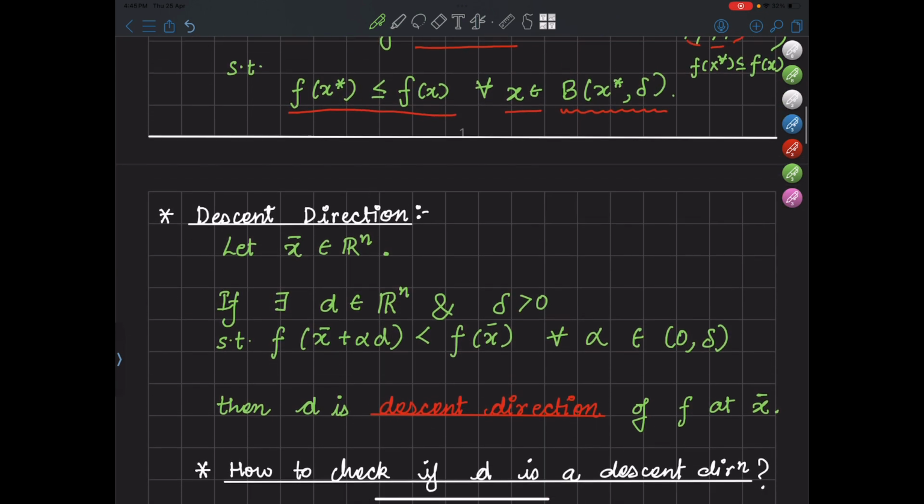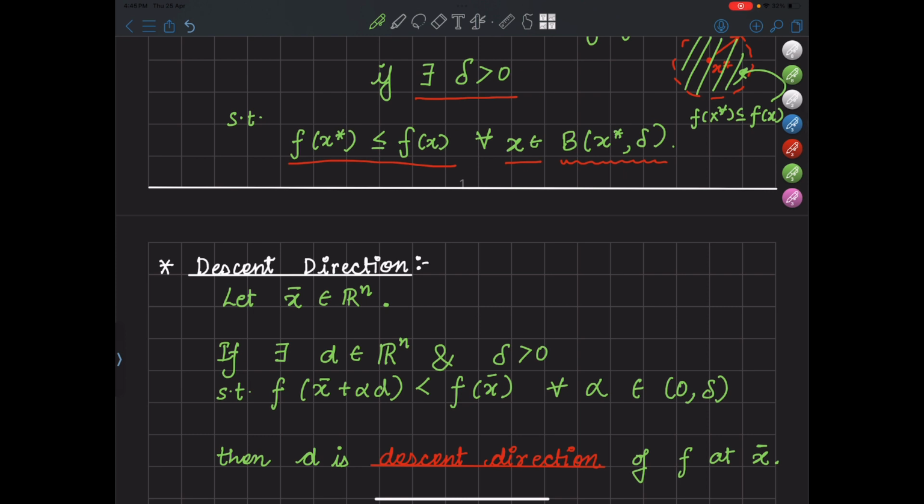Now descent direction. So what is a descent direction? Let x bar be some point in the domain of f. If there exists a direction d and a positive value delta such that the value of f(x bar) is greater than the value of f(x bar plus alpha d), where f(x bar plus alpha d) denotes